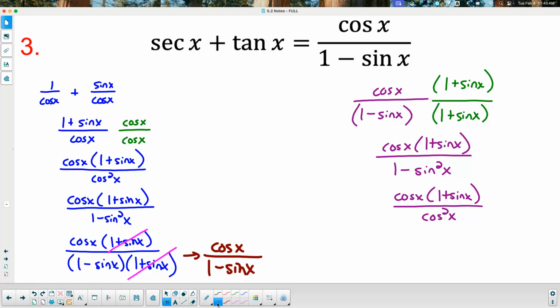Cosine cancels out one of the cosine squareds, leaving me with 1 plus sine of x over cosine of x,